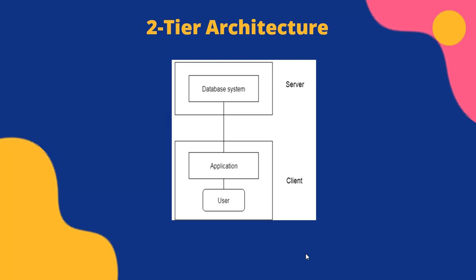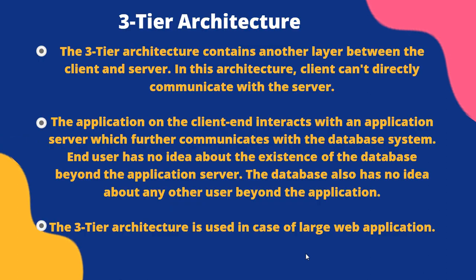Whenever a client machine makes a request to access the database present at a server using a query language like SQL, the server performs the request on the database and returns the result back to the client. The application connection uses interfaces, that is JDBC and ODBC, for the interaction between the client and the server. So these are the details of two-tier architecture.